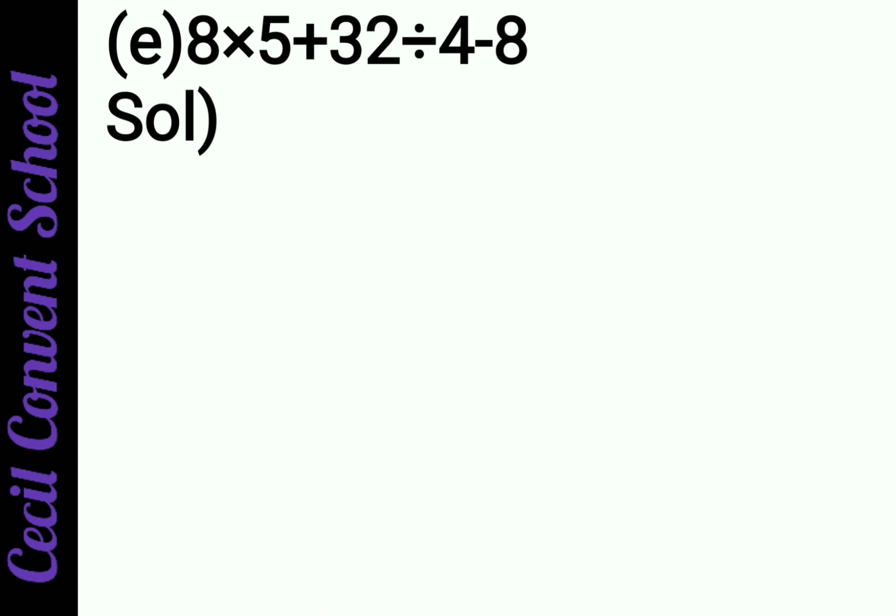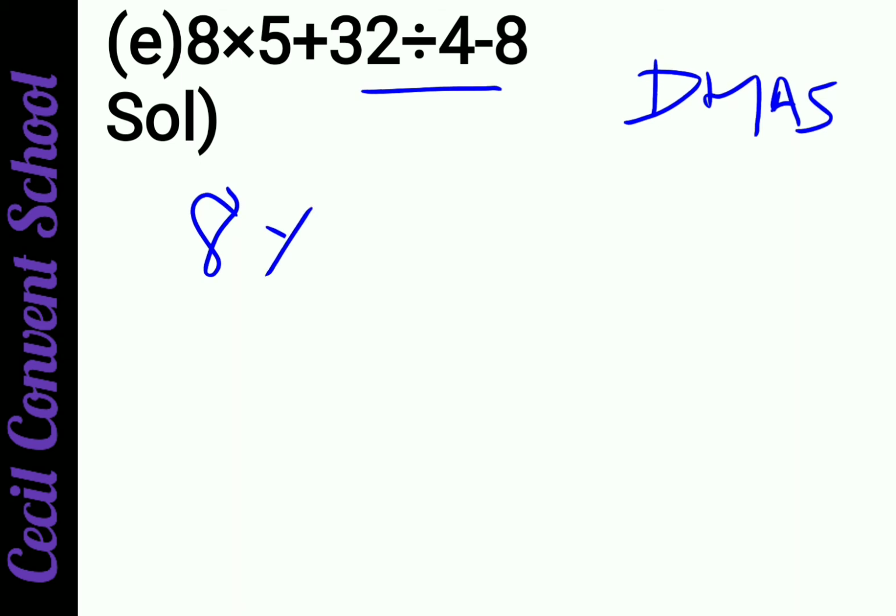In E part, again what we have, first of all we will divide, because D M A S means the same formula we are using in activity 1. So if you are solving 32 and 4, the rest of the numbers will come as they are. Means 8 comes as it is, the multiply sign comes as it is, 5 comes as it is, plus comes as it is. Now when you do division, it requires two numbers, and the division sign is present between 32 and 4. So now you have to divide 32 and 4. When you divide it, it comes 8 because 4 8s are 32.